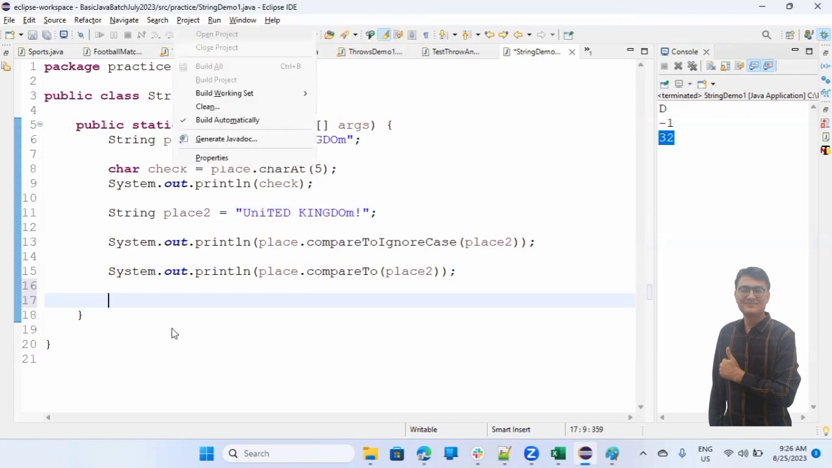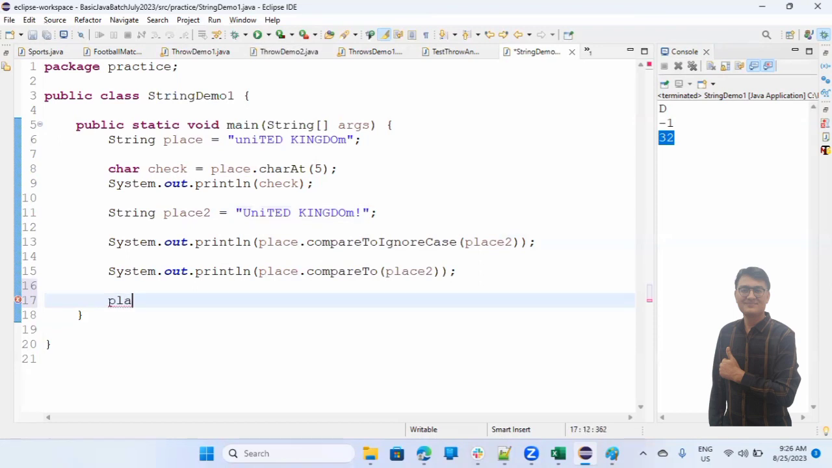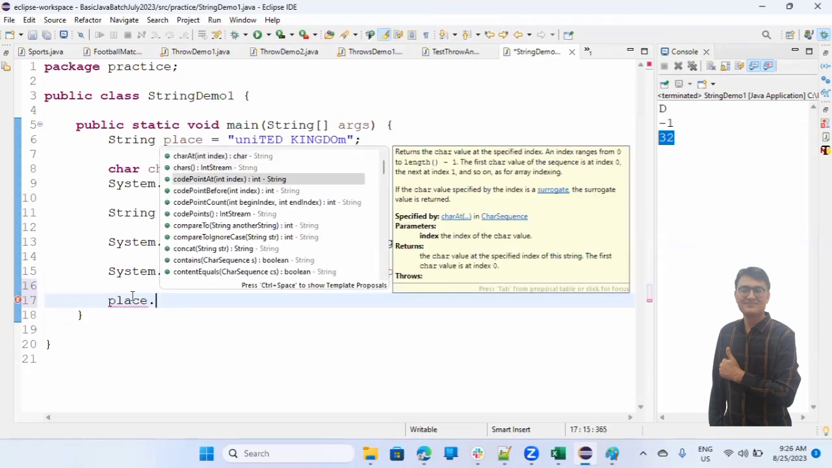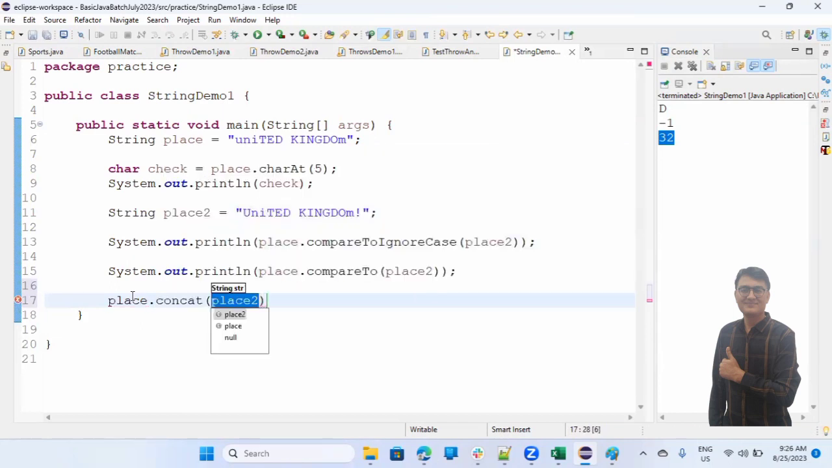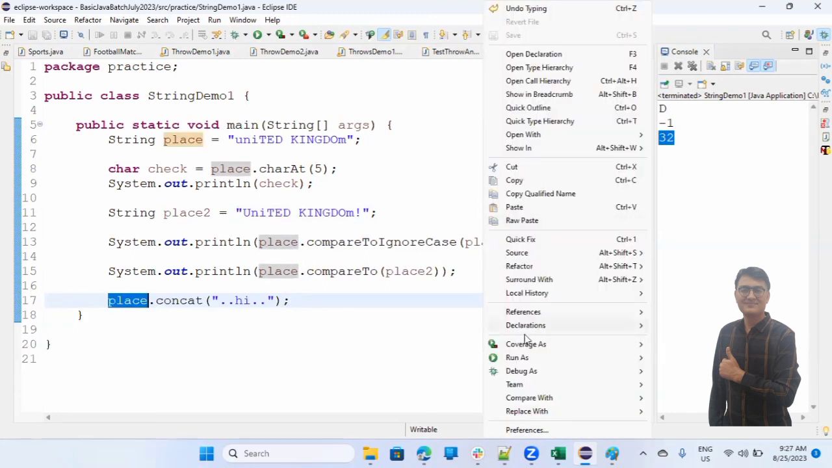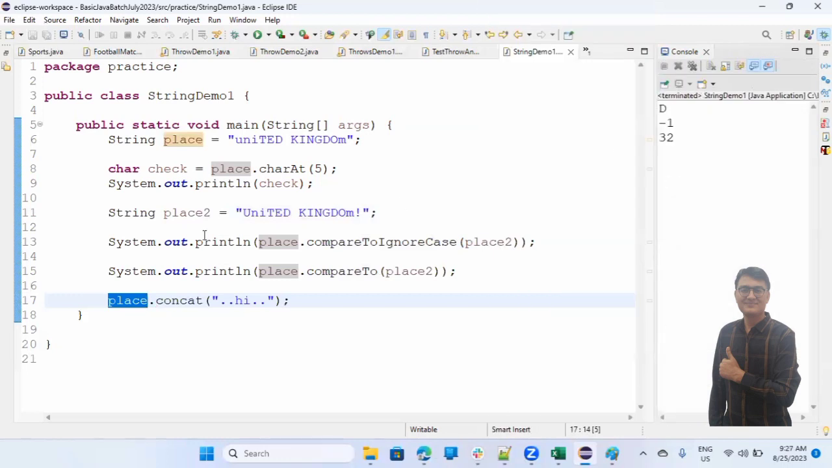Okay, next function. So we'll say here place dot concat. With concat you can concatenate one string to another string. So here I can say dot hi. But this will not make any sense. So do you think place, which was United Kingdom, will become United Kingdom hi, something like this? Nothing is going to happen here. See here, same thing. You have to print it. So if I print it,